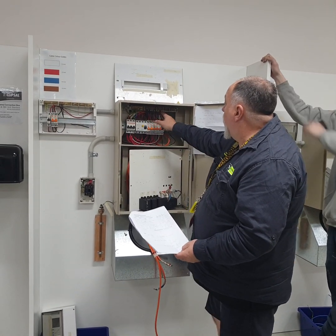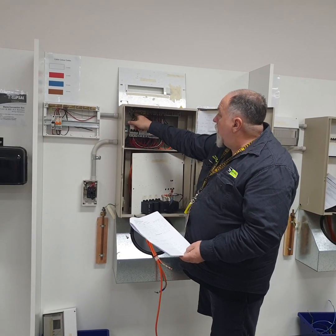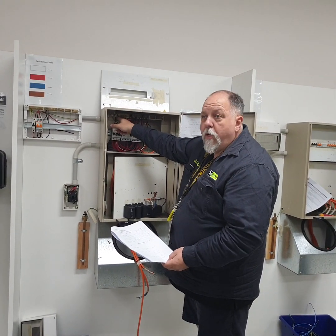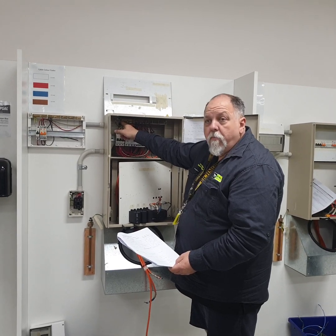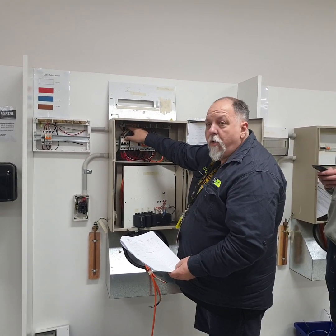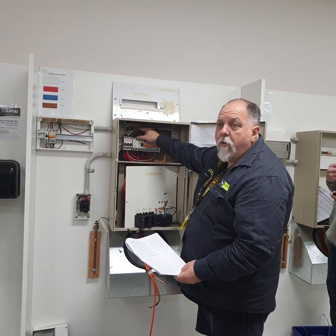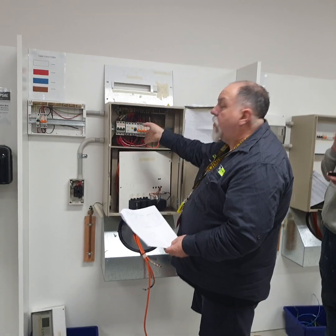I also went through, this has also got a link up the top here. I also made sure that the main earth here had 2 screws on it, up the top here, so it's in the first one. The bonding earth then goes into the second one, and then all the earths. Now the earths, it doesn't matter which order they go in, but it's preferable to put the earths in line,